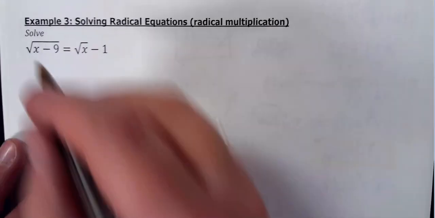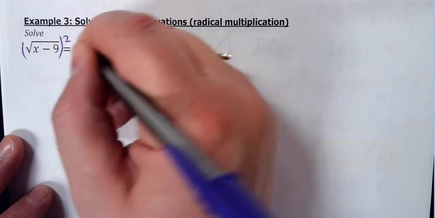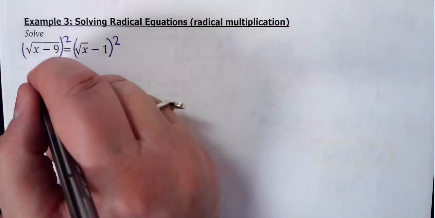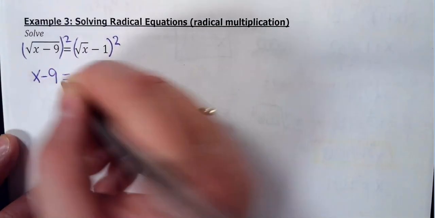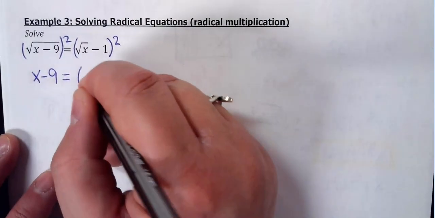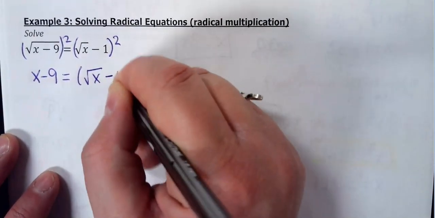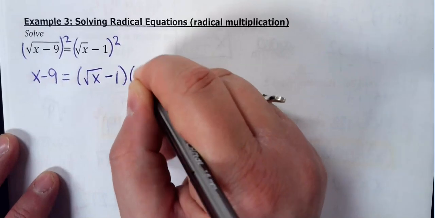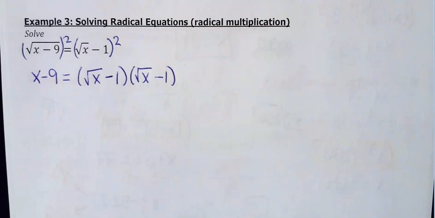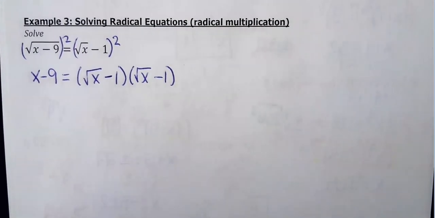So we're just going to square both sides, right? The left side's super easy. Square root and squared cancel each other out, so just x minus 9. The right side, you're like garbage, but this is actually not too bad. So we're going to FOIL square root of x minus 1 times square root of x minus 1. I promise this looks a little bit complicated, but as you get going through here, it's not bad to do this. So when you FOIL,